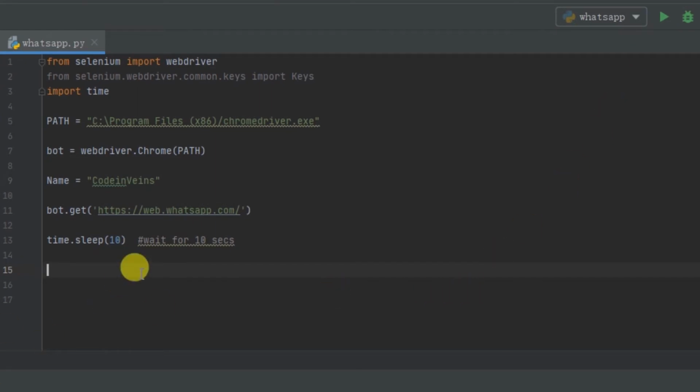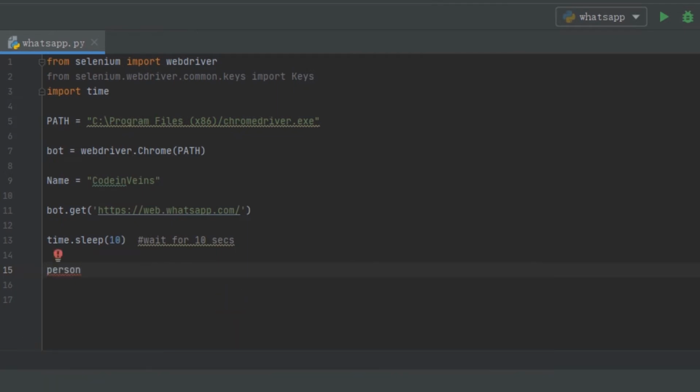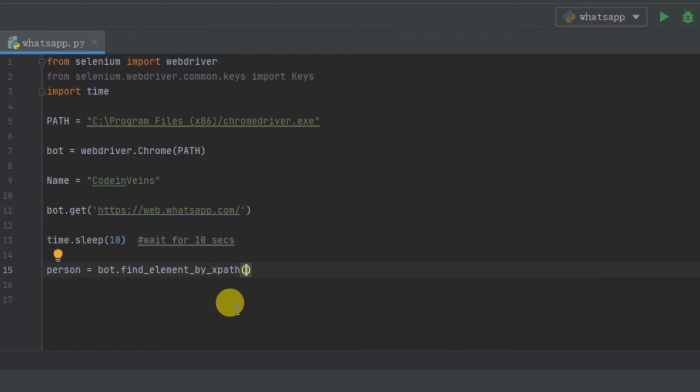Now next, we need our program to find a friend's contact and open it. We will use function named find element by xpath to do this. For those who don't know what xpath is, I have given a link in description. Do check it out.